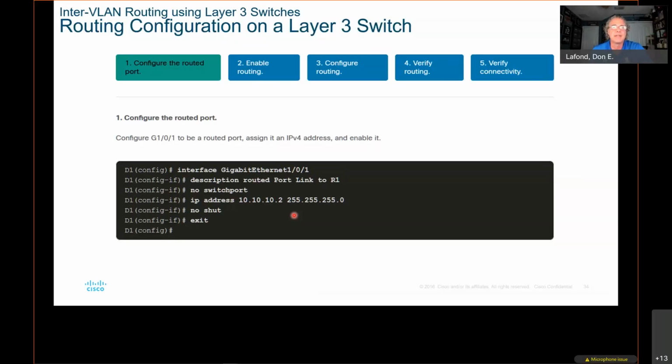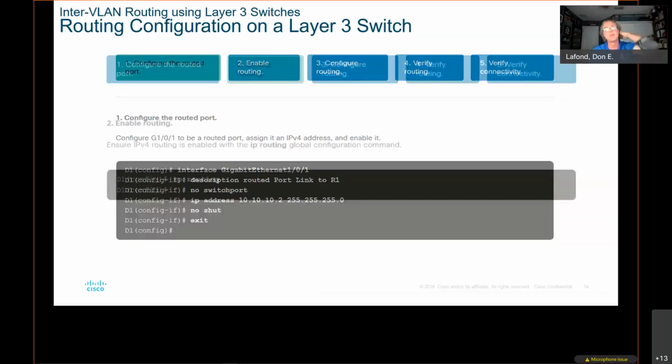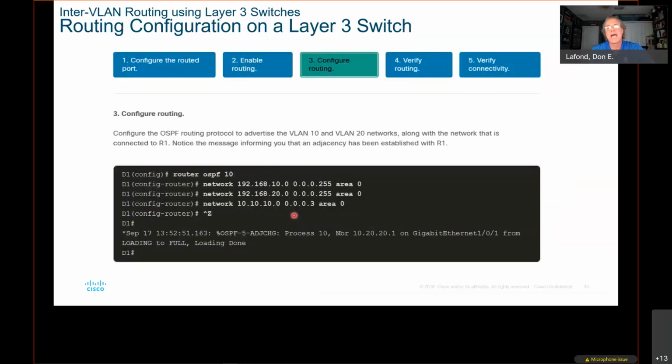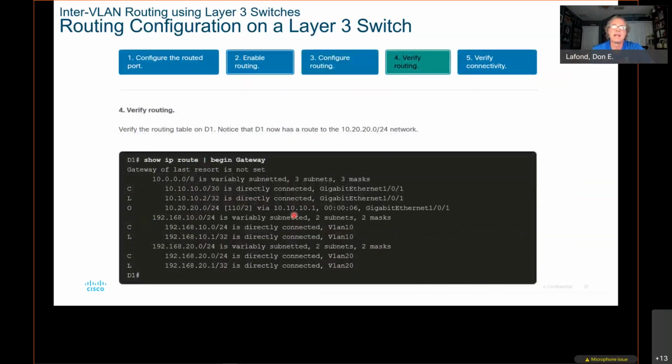That's required. Then give it an IP address, because now it's a routable port, so you have to give it an IP address in a subnet, and now you have to say no shut to bring that port up. And then you have to enable IP routing with the ip routing command. Then this is just advertising. This is configuring OSPF. You turn it on with router ospf 10. Then you advertise the networks, and then Control Z just exits all the way back out to enable. You know how to do that by now. And then they want you to go ahead and verify that it's working by going to the